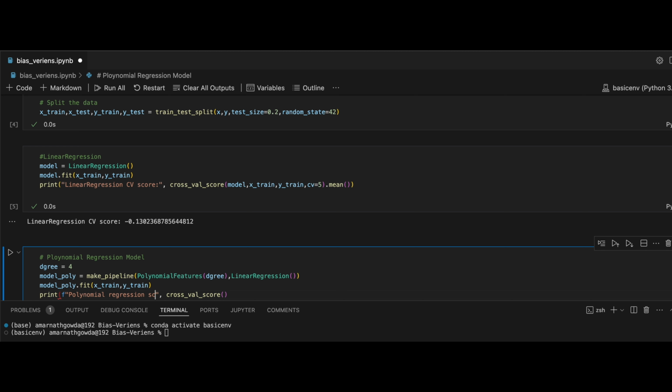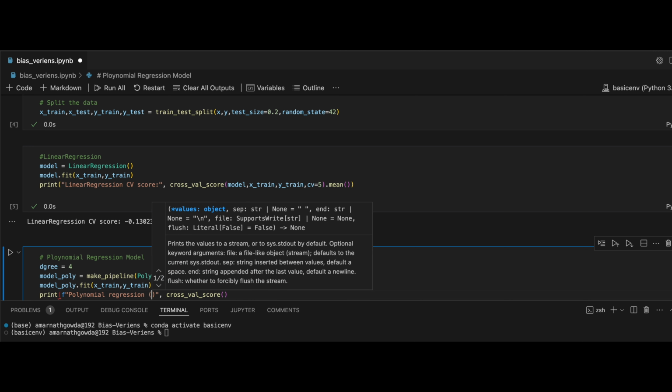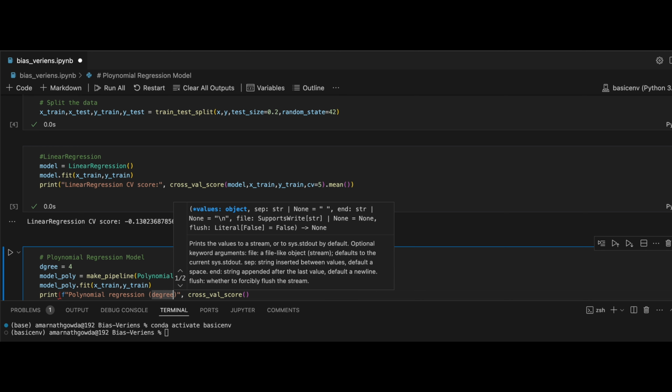Make a small change here, the function degree will print here. Degree is equal to